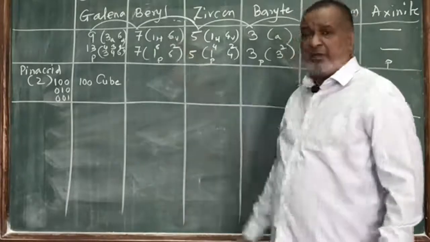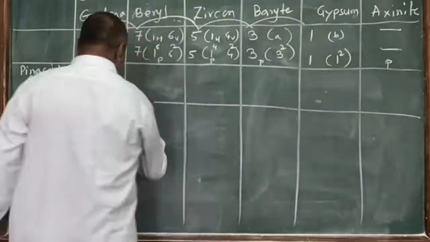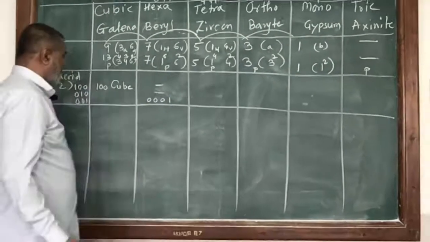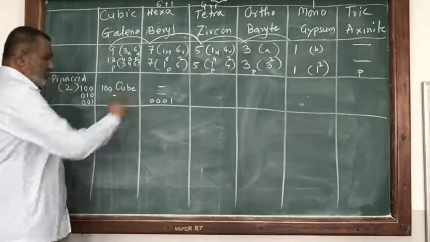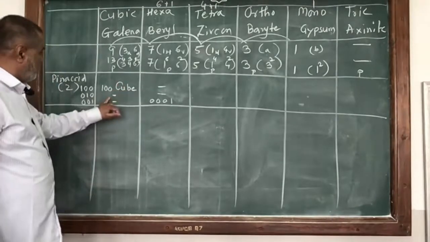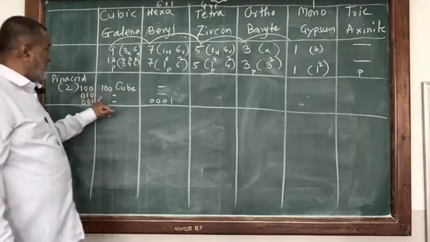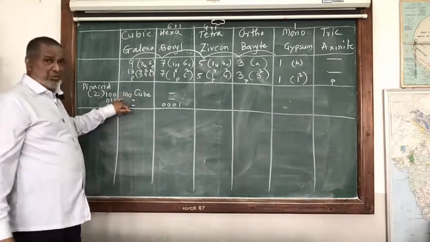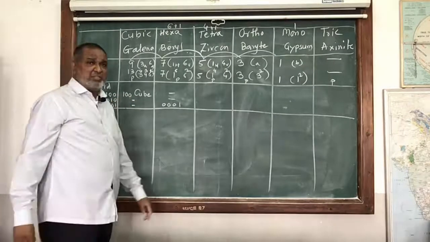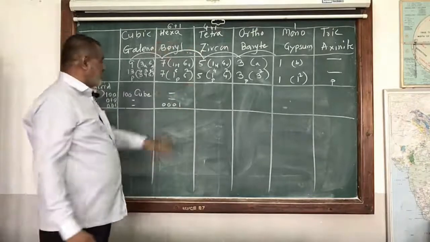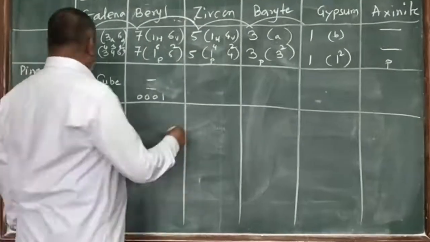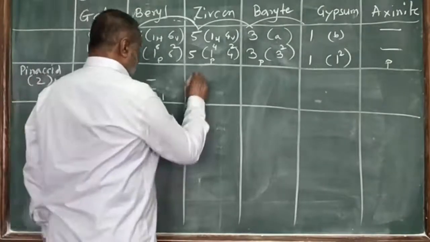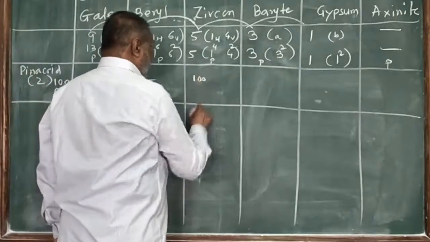Come to the hexagonal system. A pinacoid is there. Which pinacoid? The basal pinacoid, 0 0 0 1. These other indices are not there; here also we make this so you do not have confusion. These indices are there in the cubic system, but for the cubic system we write down only 1 0 0. Come to the next one, the tetragonal system. In the tetragonal system, what are we going to have? 1 0 0 is there, but it is there as what?